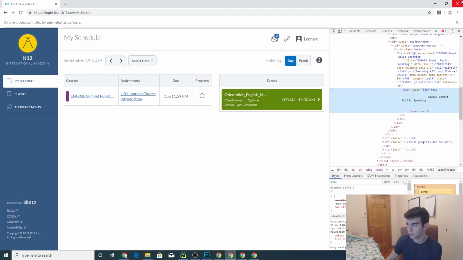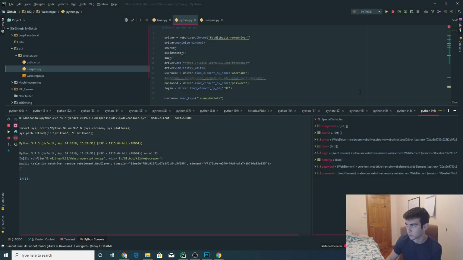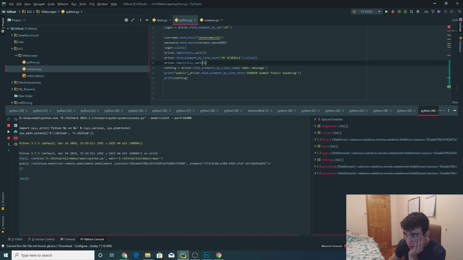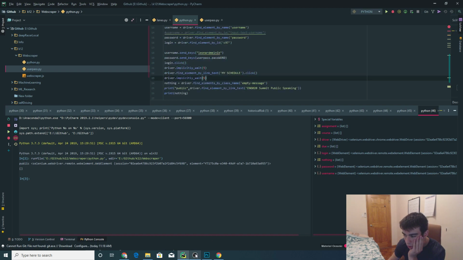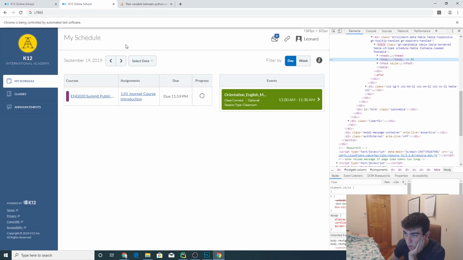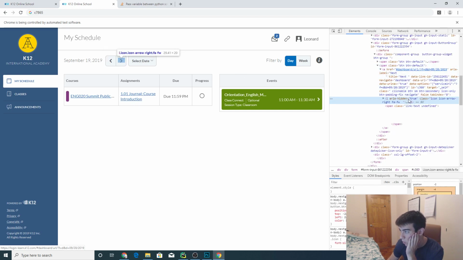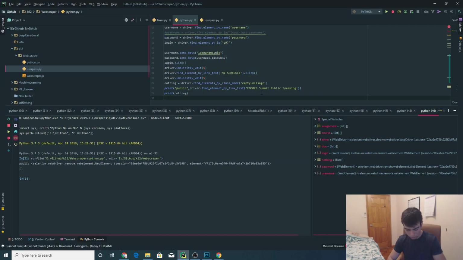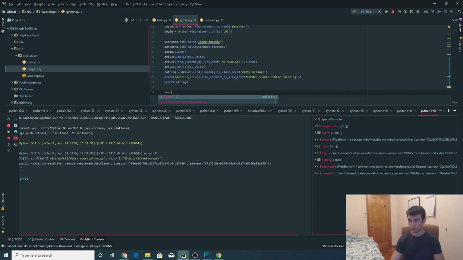Now let me actually close all the redundant ones. Okay, same thing. So it sees something there. Let's make it do it. Okay, so if I go over here, or hold on. If I go to the online thing, this button right here, we're gonna want it to press that. So class icon arrow, right? Okay, so next button